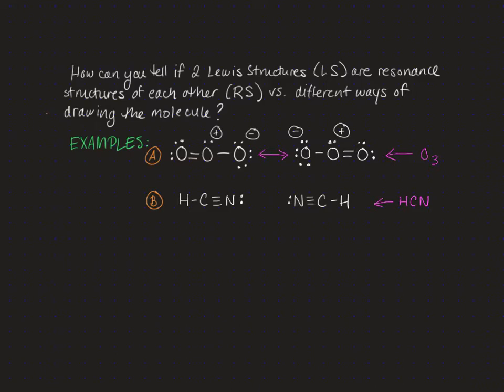So the confusion sometimes comes from the fact that if you look at the ozone structure, you could actually flip that as well and get the second structure. So I'm going to teach you two ways to think about this so that you can understand when something is a resonance structure. The first way to think about this that I'm going to give you is a very practical